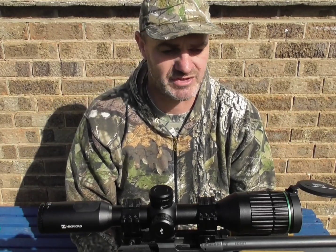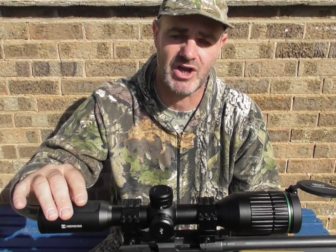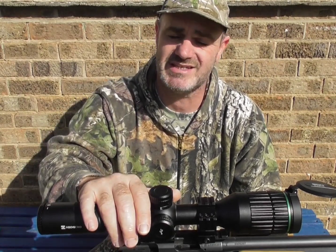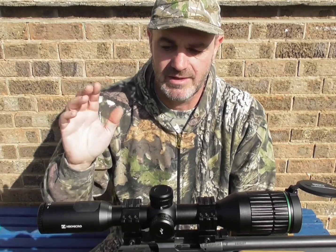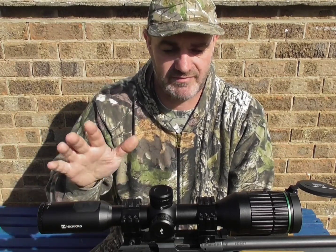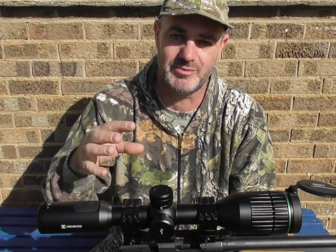The actual ergonomics of the scope, the fact it looks like a traditional scope, absolutely brilliant. The buttons are easy to use, the menu system's easy to use, I've found, navigating your way around it, no problem whatsoever. During the day, very clear image. The only thing that let it down, but it's not the fault of the scope, it's down to me, is